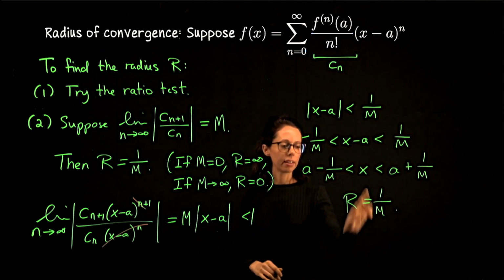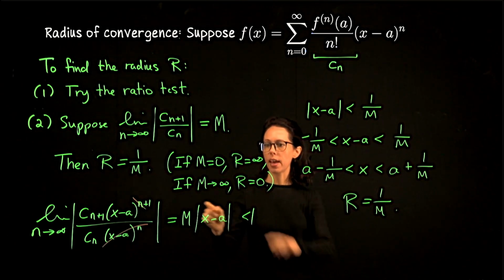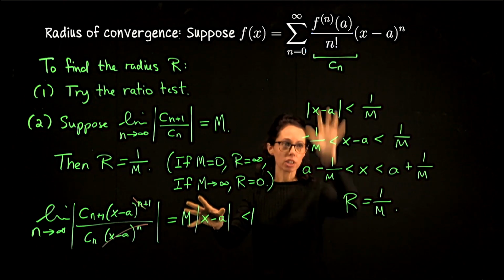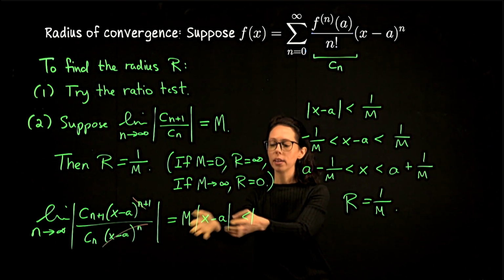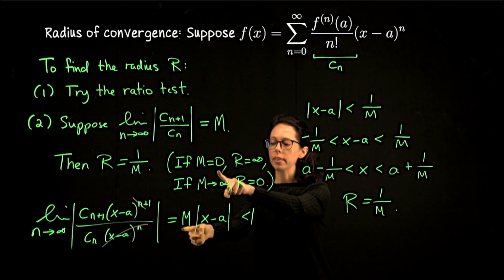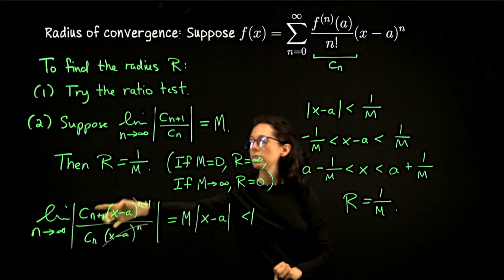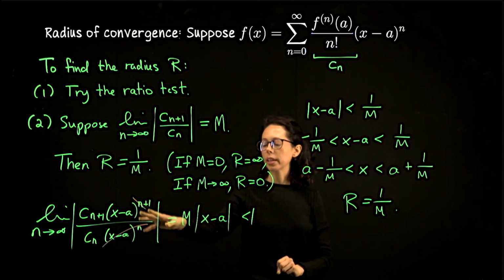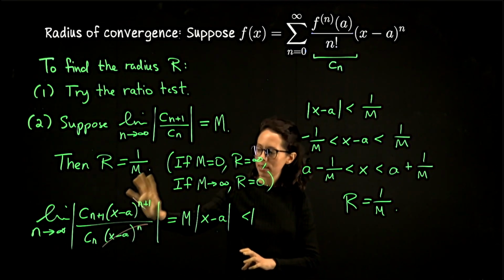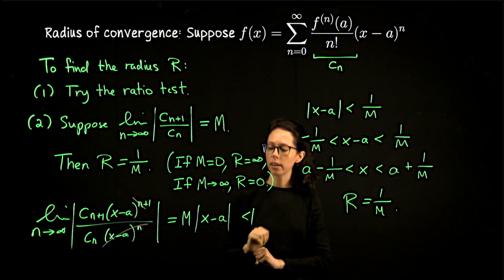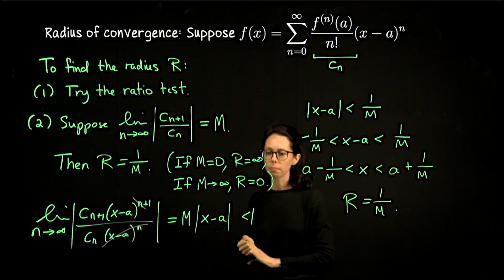So that's where that inversion of this ratio comes from. Were it the case that m were 0, then we would not need to do any of this, because when we did our ratio test, we'd say, hey, 0 is always less than 1, so this converges for all x. So were this 0, we would stop here. Similarly, if this grew to infinity, then if x equals a, we can wipe that out to 0. We could say that we get convergence at the center. If x is anything other than a, it would blow up to infinity, so we would be looking at a series that only converged at the center.